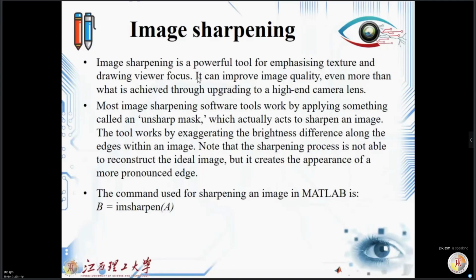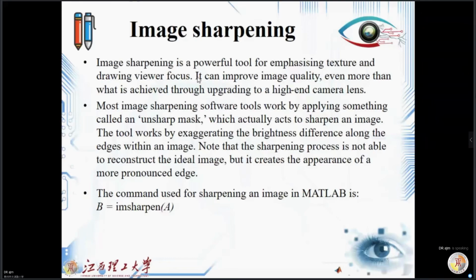The tools work by exaggerating the brightness difference along the edges within an image. Note that the sharpening process is not able to reconstruct the ideal image, but it creates the appearance of more